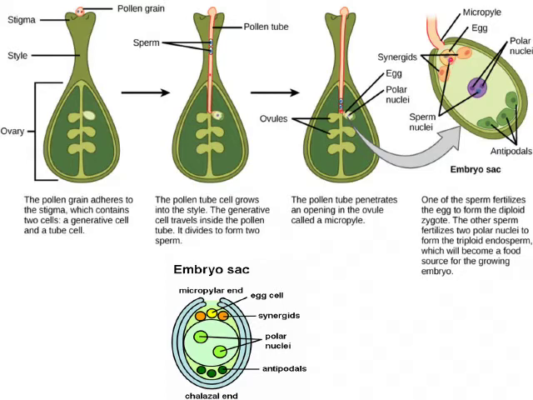Now this zygote is going to grow, and for that it is going to require nutrition. This nutrition is going to be provided by the antipodals as well as the endosperm. So this endosperm is going to provide the nutrition to the growing zygote. So this is how the process of fertilization takes place. I hope you have understood what double fertilization is and why it is called double fertilization, because fertilization takes place two times. Hence it is called double fertilization.